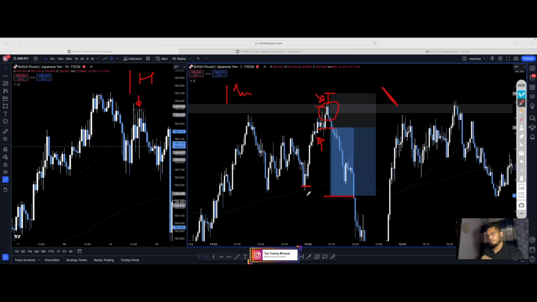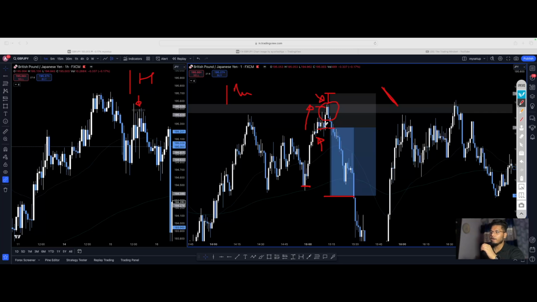So was it a high probability trade? According to me, yeah. Maybe it was not an overextended candle, but this rejection area makes it a high probability trade. And also what I really loved about this trade was that the market tried to go up. It closed above this particular level and then it came down. And when things like this happen, that makes the trade very high probability, because what this scenario is suggesting to me